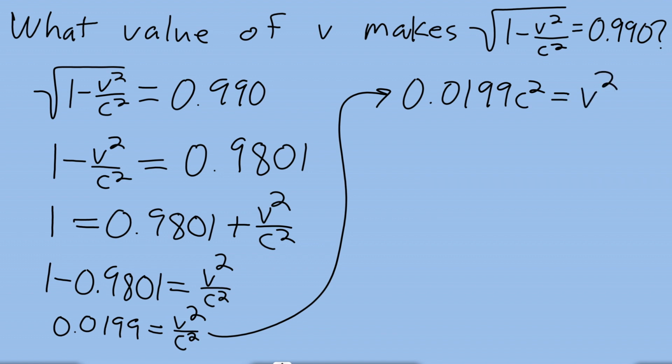Now, a common mistake at this point is to think that somehow this is your final answer. It is not your final answer, because we're not looking for v squared, we're looking for v. So take that box away. That box no good. So what you want to do now is take the square root of both sides, ask your calculator the square root of 0.0199, and it's going to tell you